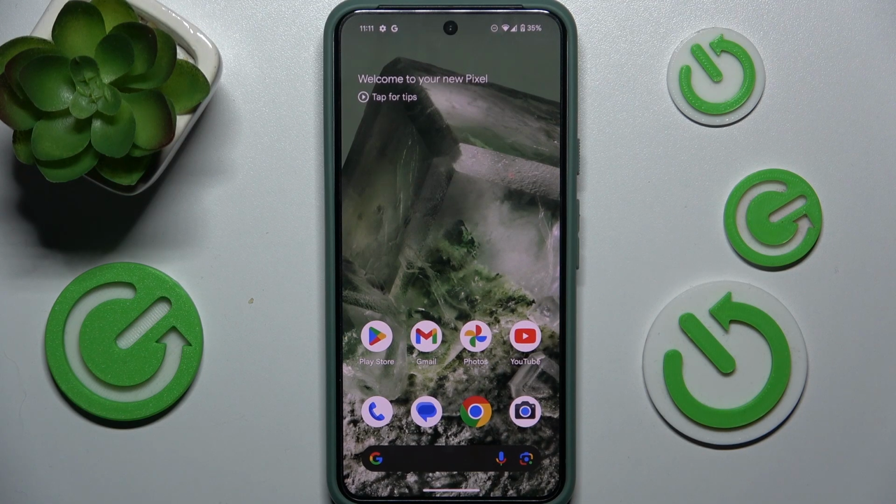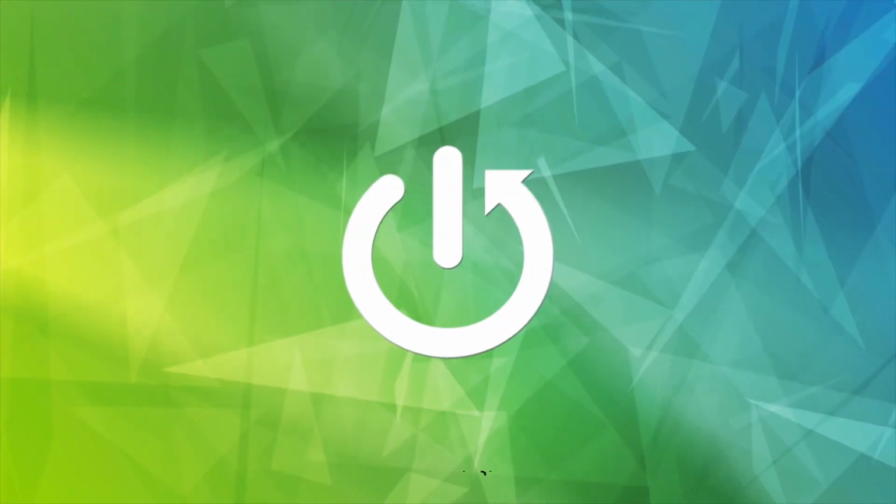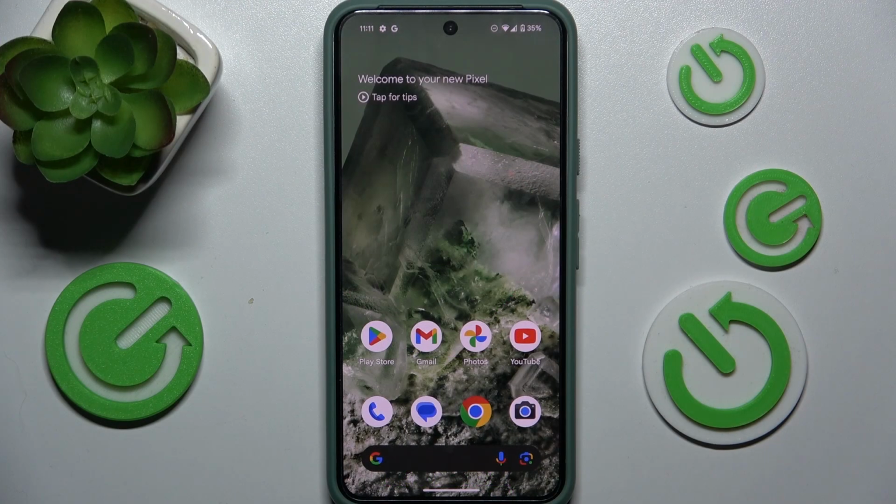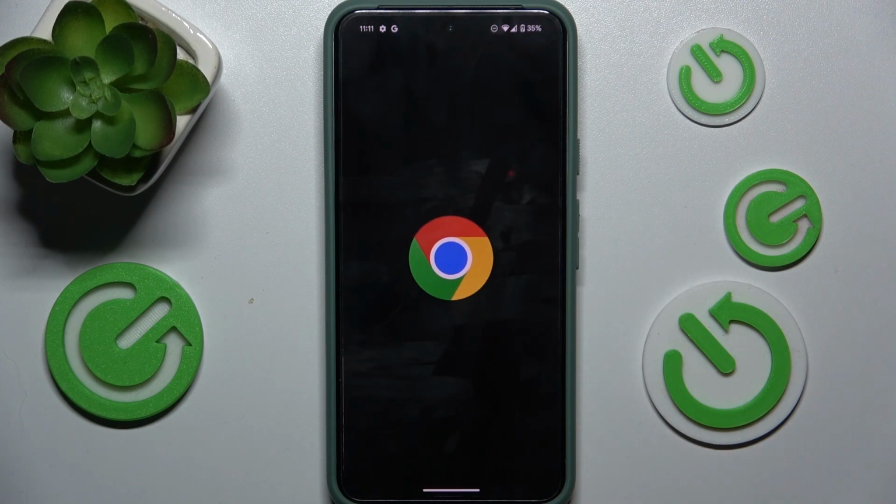Hello, in this video I'm gonna show you how to clear browser data on Android 15 beta in Google Chrome. To clear browser data, go to the browser